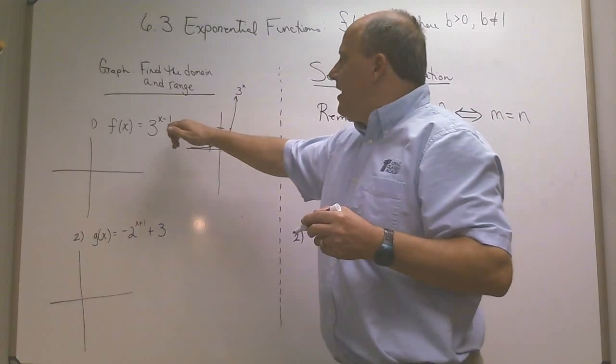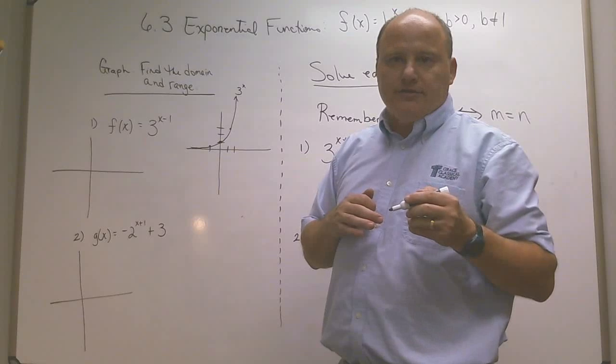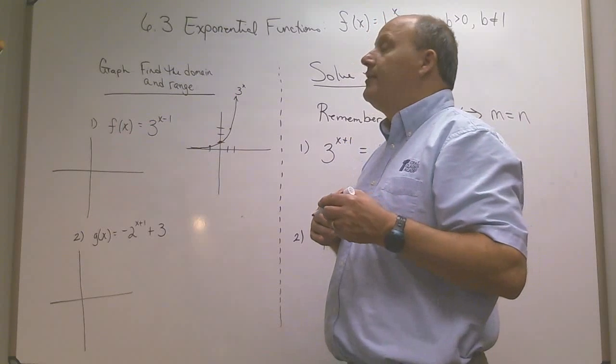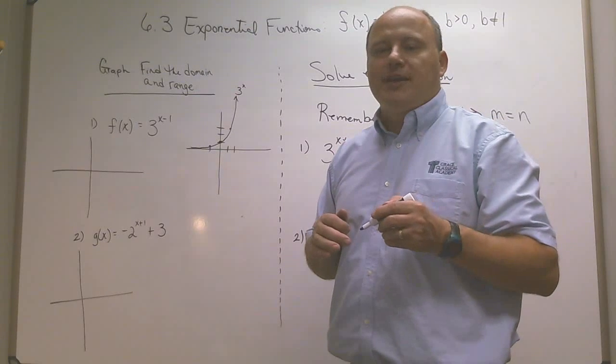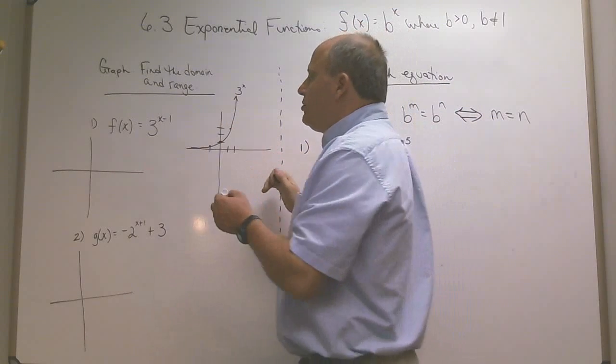Now, the 3 to the x minus 1 is going to be a horizontal shift 1 unit to the right. So that's when we talked about the transformations back in 3.5. And if you don't remember the transformations, you can always do this by a t-chart, just like what we did before, just like with 3 to the x. We can make a t-chart here